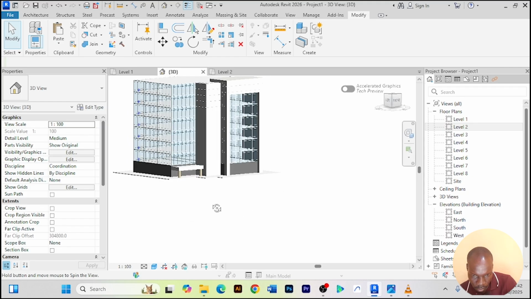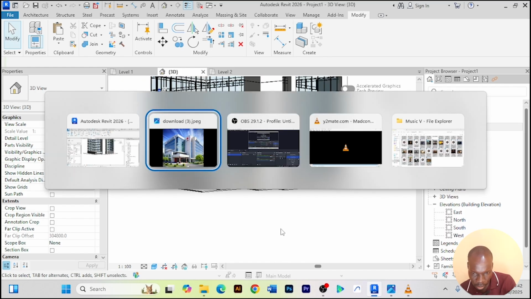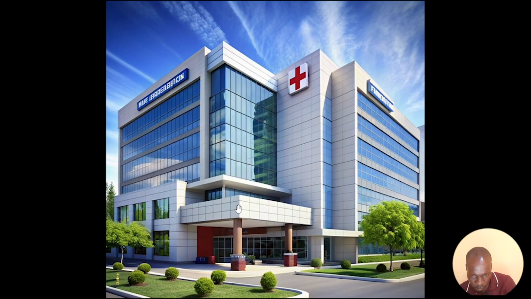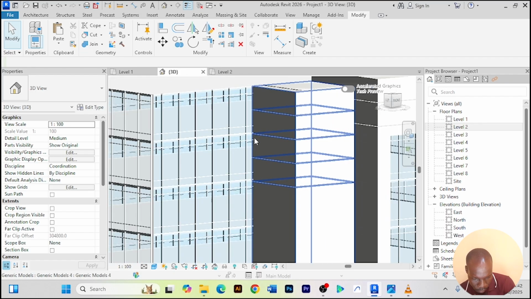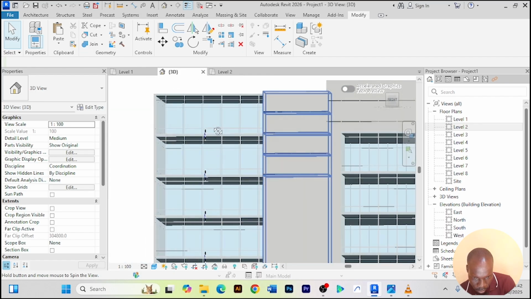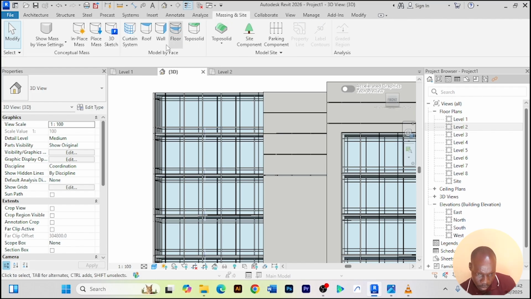And then of course now we need to work on this side. Let me see. This side we only have something up there. Let's use massing for that. Up here, so we can turn it like this. You go to massing and site, you come to mass, in place mass,